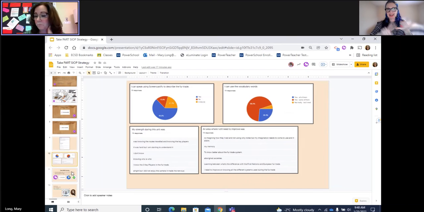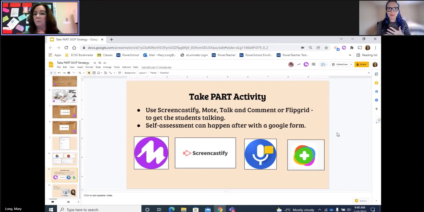Now I know you've said Screencastify. We saw the students using Screencastify, Flipgrid, Talk and Comment, Mote, whatever gives us that audio and video opportunity. But you're going to show us just how easily this can be done. Yes. So if you're going to use Mote, if you're the teacher,